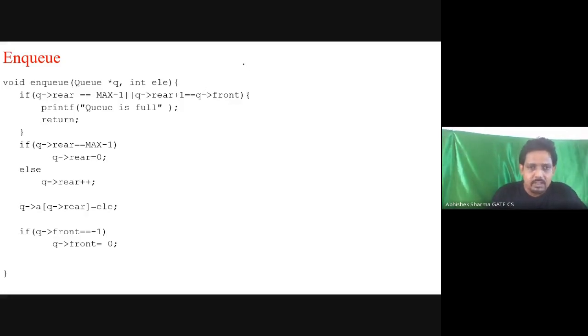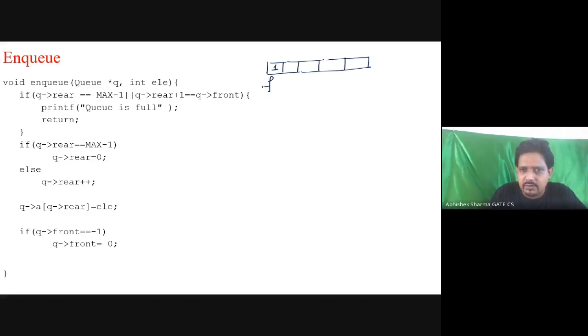Think of the same situation, and we will have another condition for full. Taking a very simple example, I'm inserting 1, 2, 3, 4, 5 into this. The moment I insert 1, front will become 0. Then insert 2, rear will become 1. Insert 3, insert 4, and then I insert 5, and that will make rear pointing to 4.